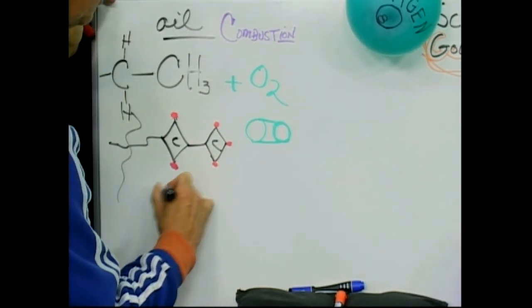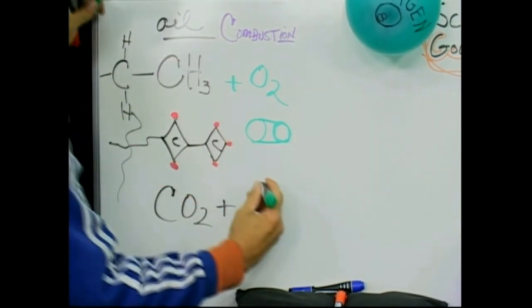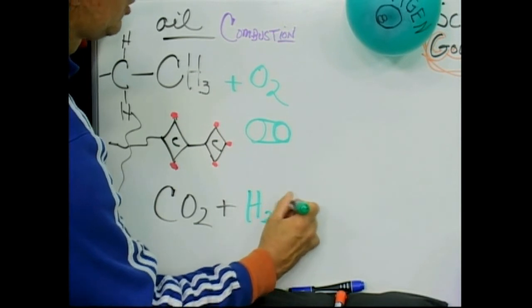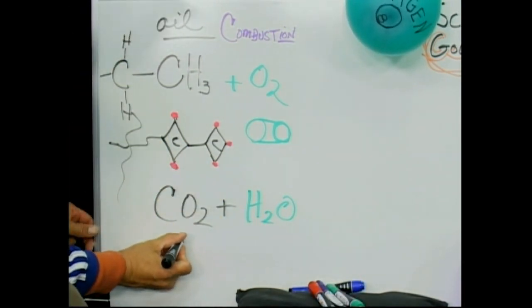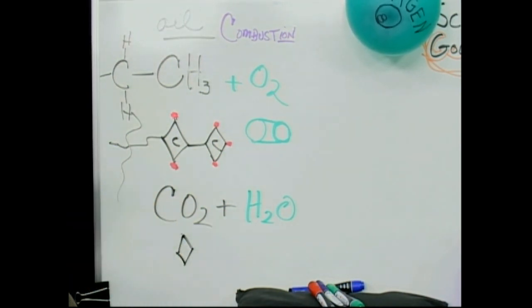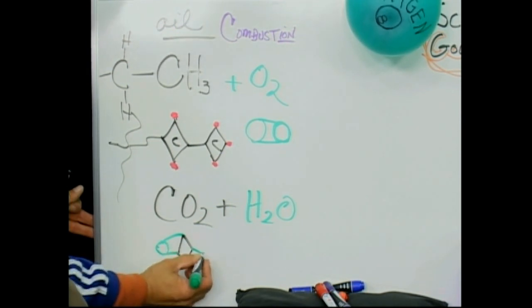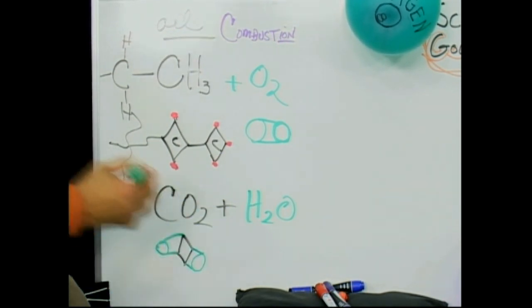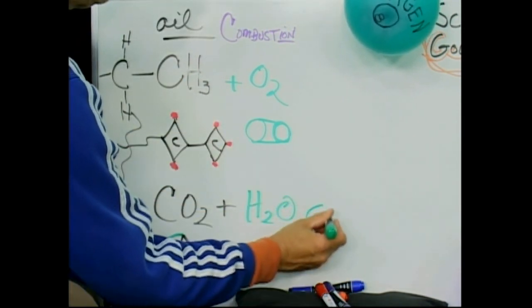Carbon with O2 goes on to make CO2 plus water, H2O. How are we going to draw that? CO2 is simply a diamond. And 2 for the O's, so here's 1 over here. 2 more on that. CO2. And what is our water? Simply O with